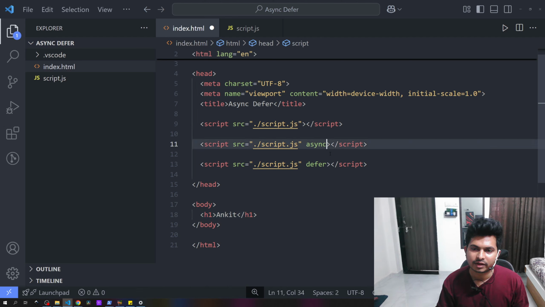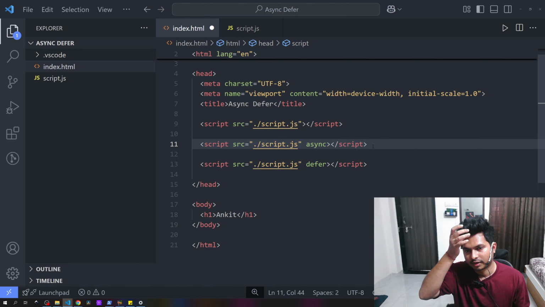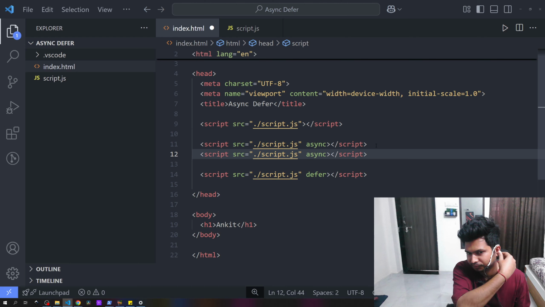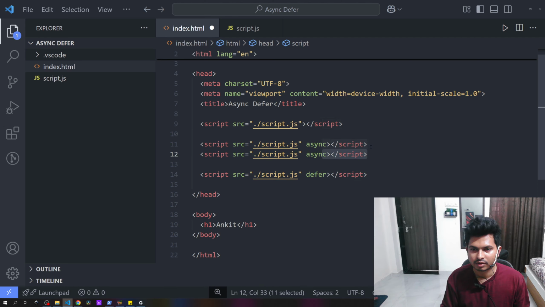So async we can use for things like Google Analytics or Google Ads. And in async there is also a problem: if there are many scripts and they depend on each other, there is no order in which they run one by one. If we use multiple async scripts, it will not run the first one and then the second one line by line.